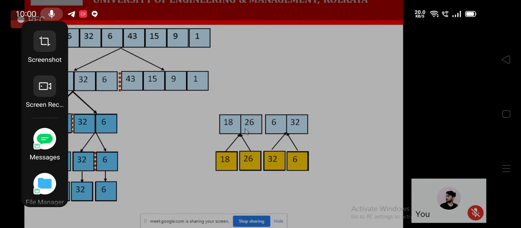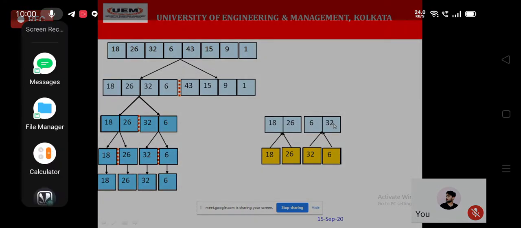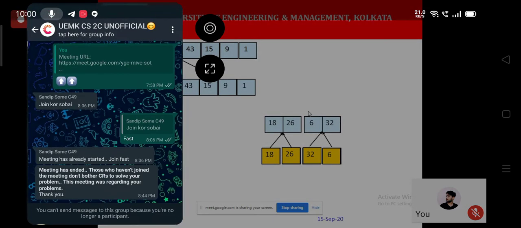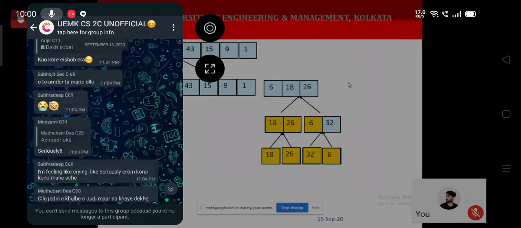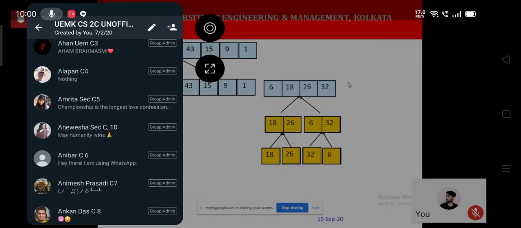Next, the pointer or the index variable is incremented. It's pointing to 26 and it's pointing to 32. So now 26 will be compared with 32 and 26 will get the place. And then as nothing is there in this part of the array, no more element is there, and here it is the last element, we will combine them and you will get the result as the sorted part. So this entire left part is complete.